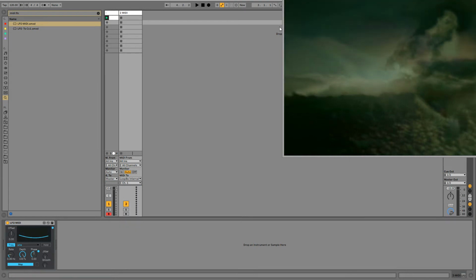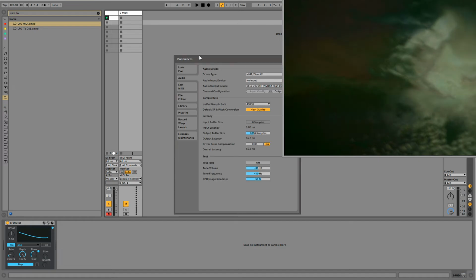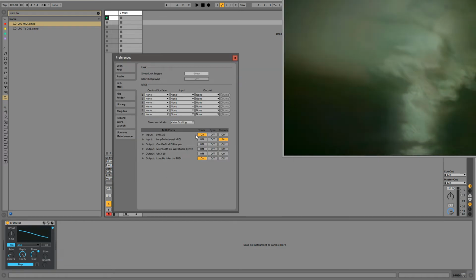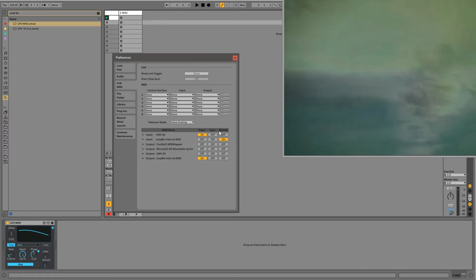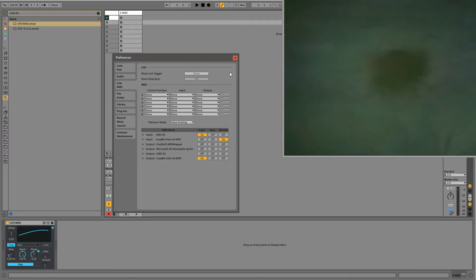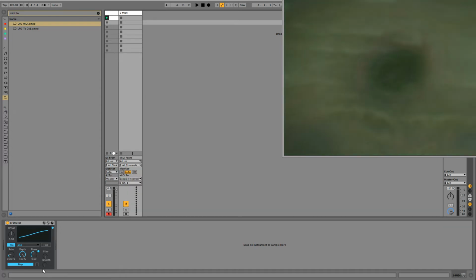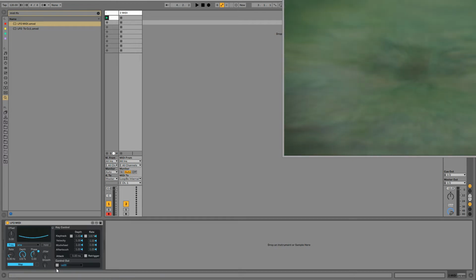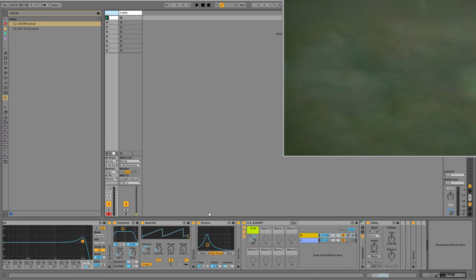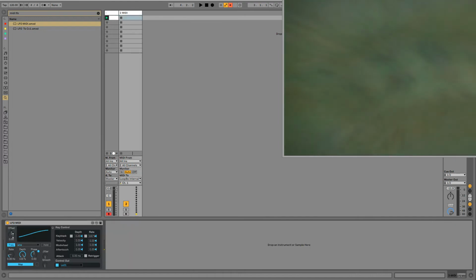We'll send out from channel 1. And I've got the configuration going on in here, with the input of LoopBe set to remote and the out set from track. And you'll see what happens when I open this up. Click on the little dot here. We'll set it to CC1. Cool. Now we'll go ahead and MIDI map. So now you can see it's being controlled by this.